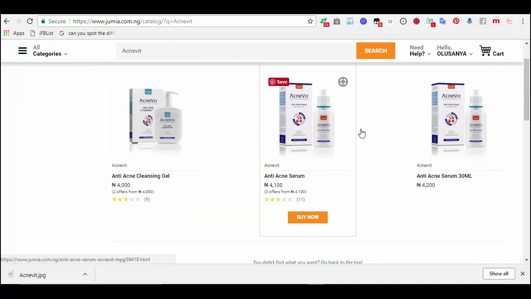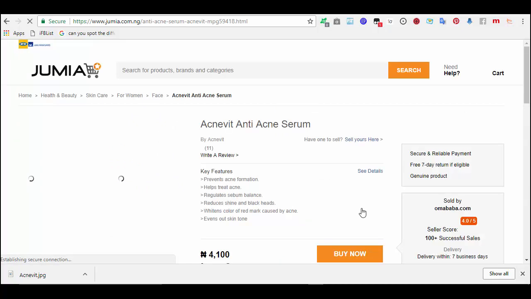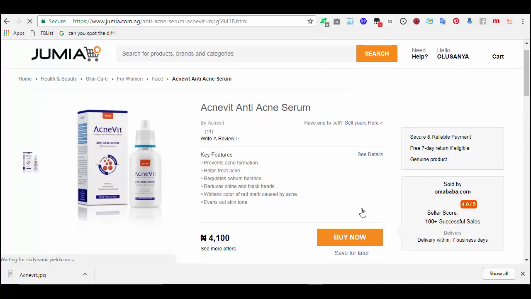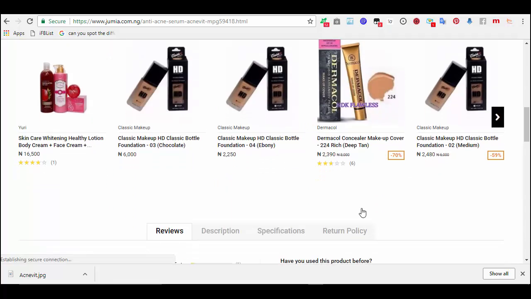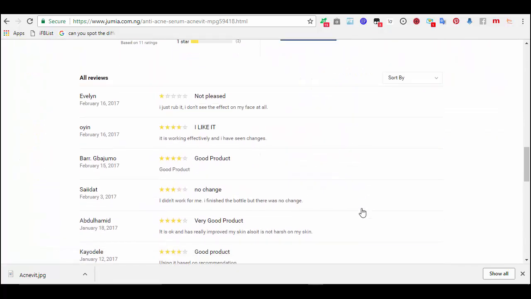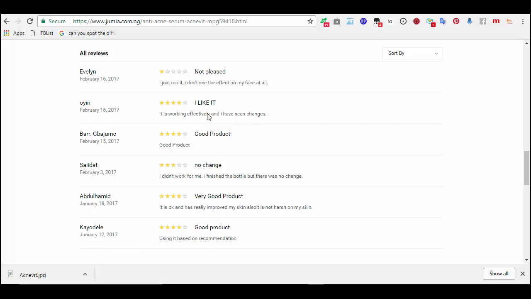This is the serum. So let's see the reviews because I love reviews. Let me see what people are saying about this. Okay, this guy said, I just rub it, I don't see the effect on my face at all. Okay, this one says it is working effectively and I've seen changes.